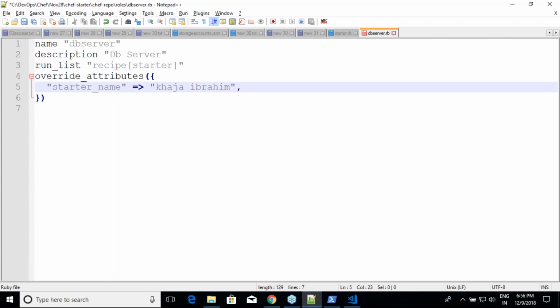If you want to change any attributes, you can write the attributes. So those attributes are override_attributes, default_attributes, right? Whatever attributes which you can change. You can write override_attributes, default_attributes, and normal_attributes. Because if you have looked at the table, there are three possibilities which you can write for an environment. So still fine. Now, what I'll try to do is my recipe is no longer starter. What is my recipe? DB server.